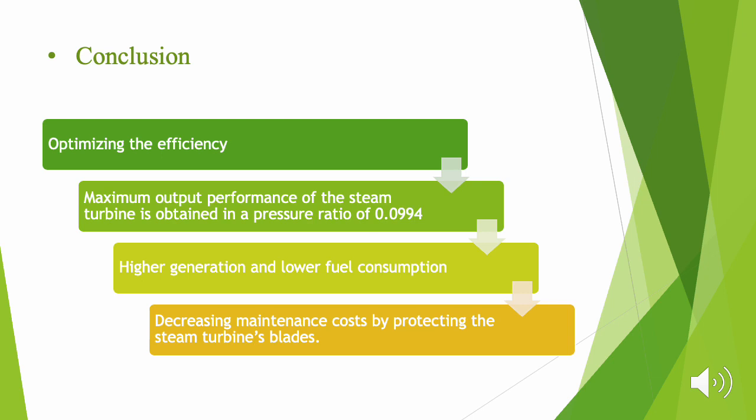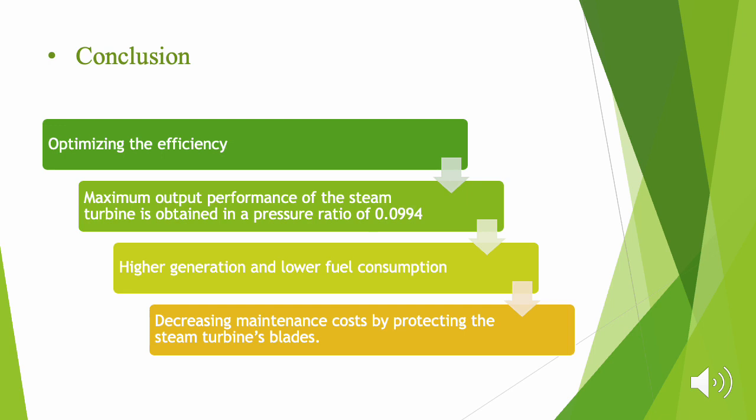I'm going to speak about the conclusion part. It is vital for us to optimize the efficiency of different equipment in the industry to protect the environment and lower the fuel consumption. In this project, the maximum output performance of the steam turbine is obtained at a pressure ratio of